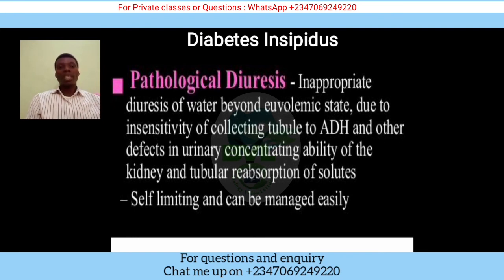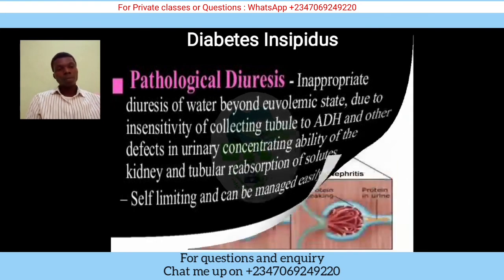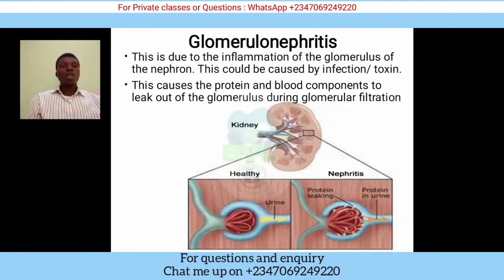All right. Now there's something called glomerulonephritis. This is due to inflammation of the glomerulus within the kidney. Now this could be caused by infection or toxins. All right. Now this causes protein and blood components to leak out of the glomerulus during glomerular filtration. When we have filtration at the beginning, you see that it's only some amino acid, glucose, and all that's coming out. When the glomerulus becomes inflamed,